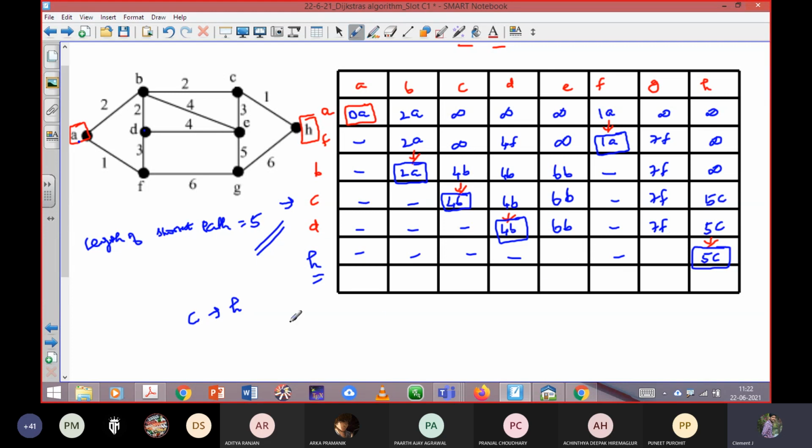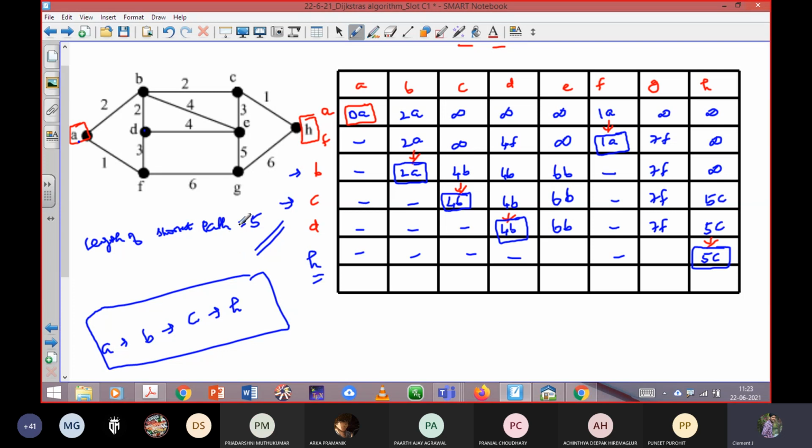Okay, next. Here, for H, the preceding vertex was C. Next, I should enter into the C vertex. In which vertex has it boxed? B. So I need to mention B next. Next, I can go into the B row. In your B row, A. You complete. So this is the shortest path to travel from vertex A to H.